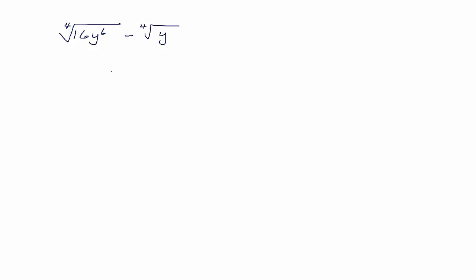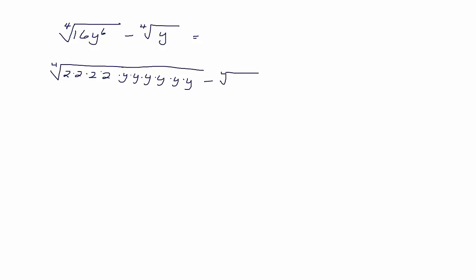We need to express these in fourths. So we know we're going to break this up. This is equivalent to 2 times 2 times 2 times 2 times y times y times y times y times y times y